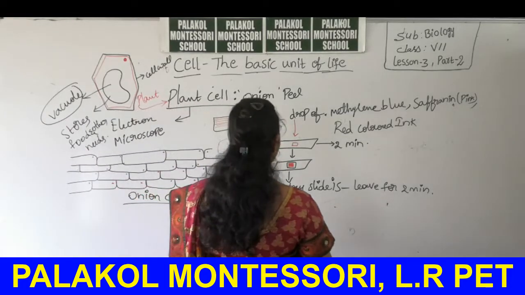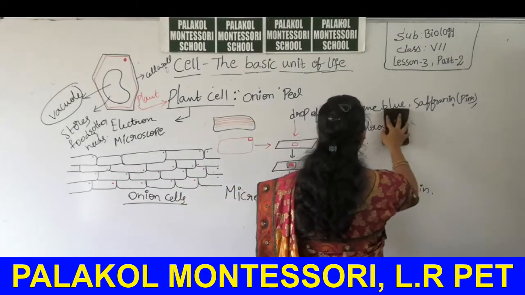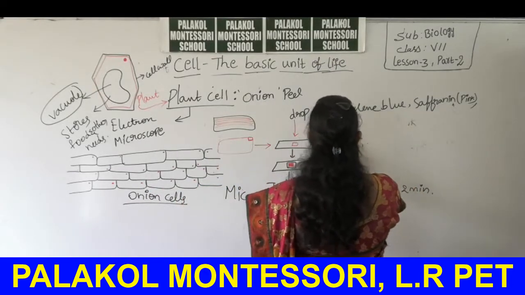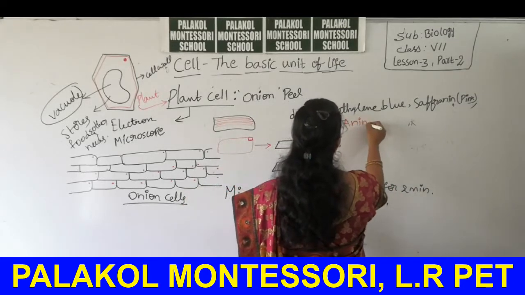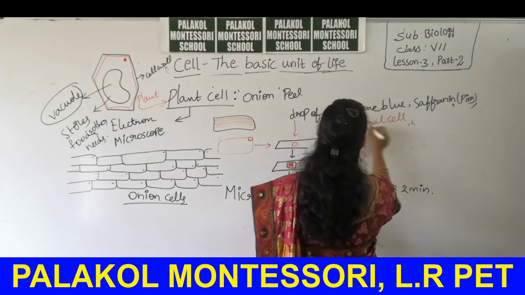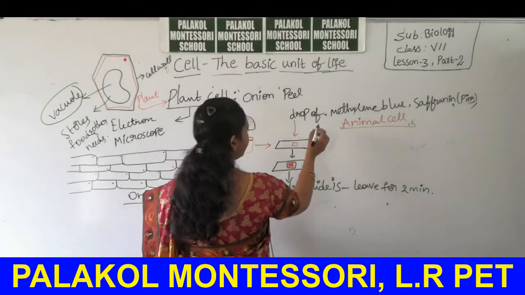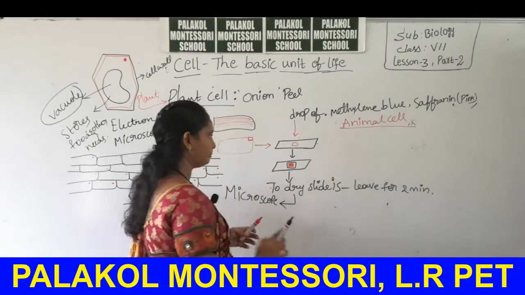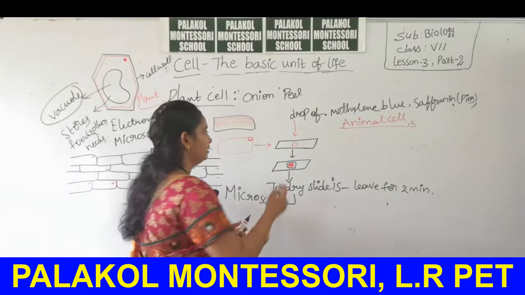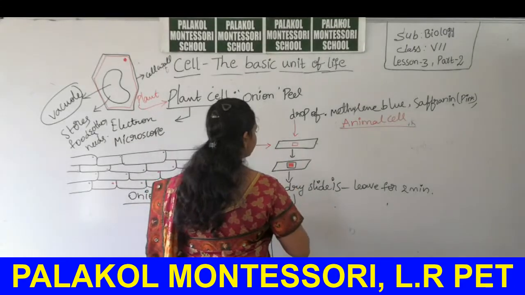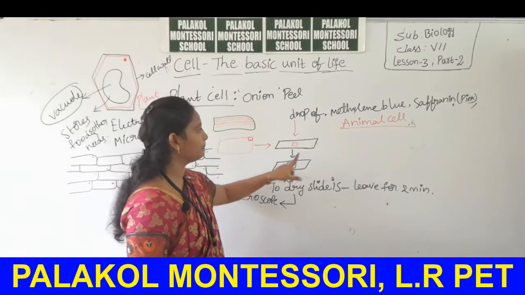Now the process is the same. You have to take an animal cell and keep it on a slide and add a drop of methylene blue, safranin, or pink or red color ink. Then you have to cover it with a cover slip like this, and the color is spread throughout the membrane